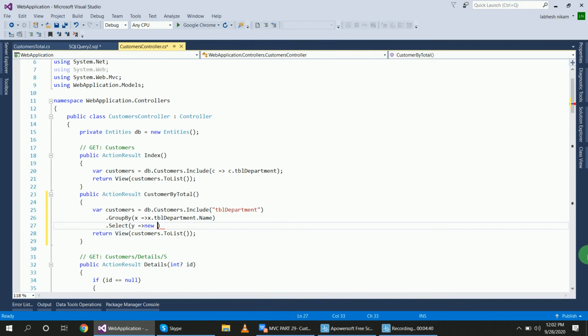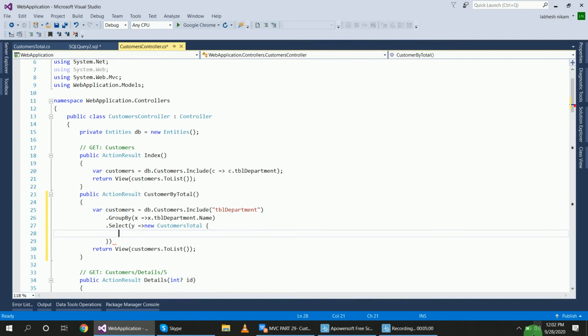So y => new, where is the total? In that class. What is the name of the class? CustomersTotal. So Select y => new CustomersTotal, and pass the values Name and Total.